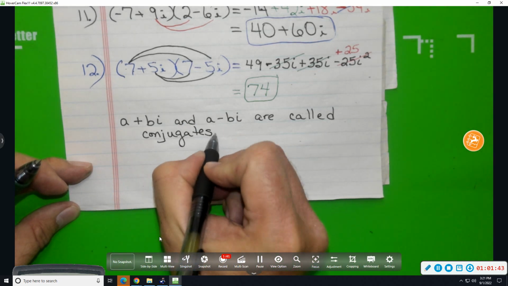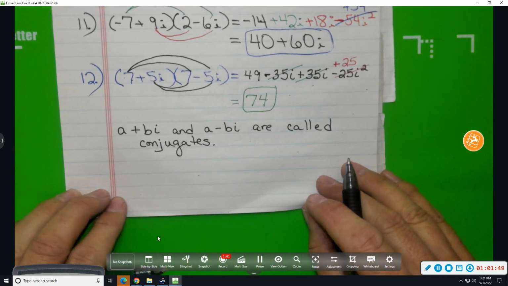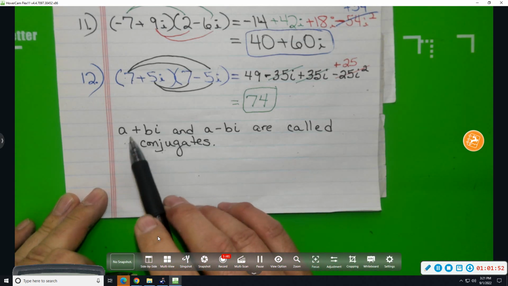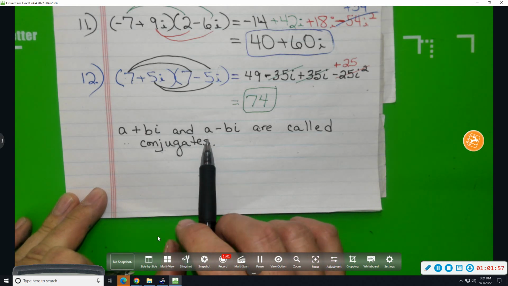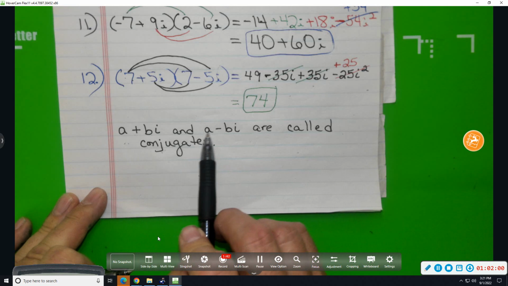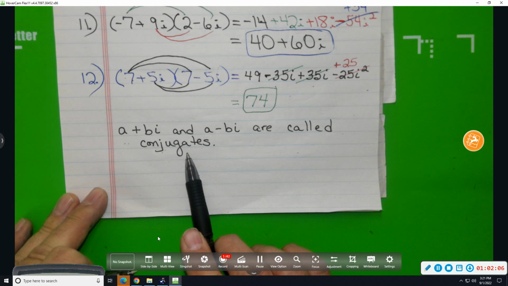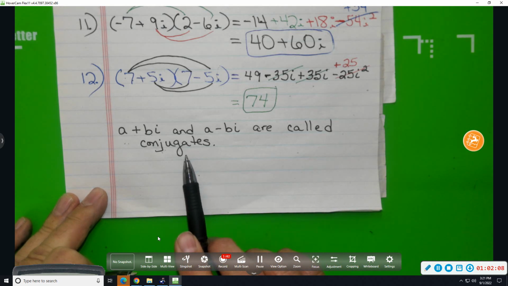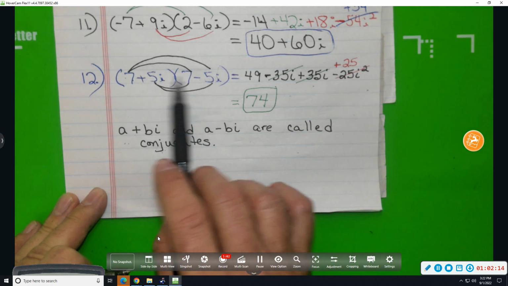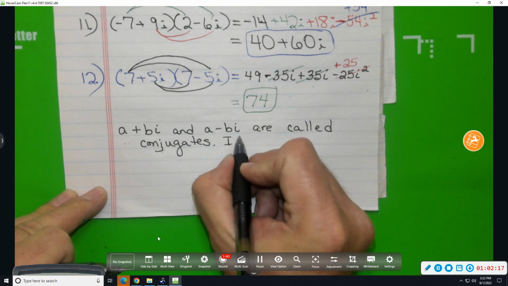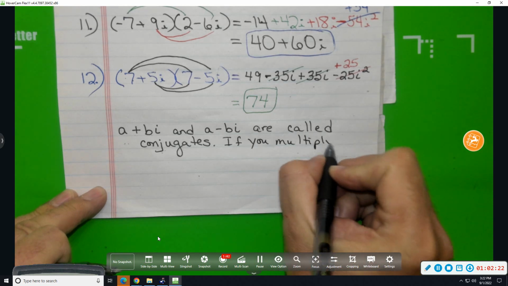Here's a new word, not new to the world of math, just new to you probably in your world of math. Conjugates. A plus bi and a minus bi. If you have two complex numbers that differ only by the middle sign, one's a plus and one's a minus, they're called conjugates. And what's special about conjugates? If you multiply conjugates,